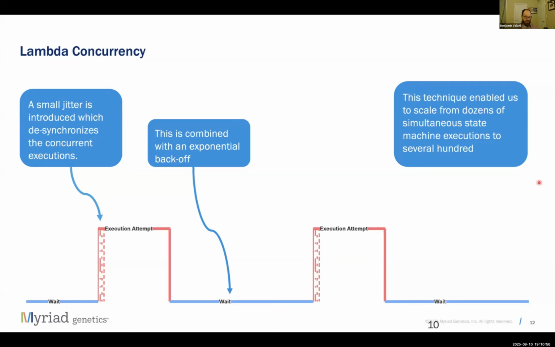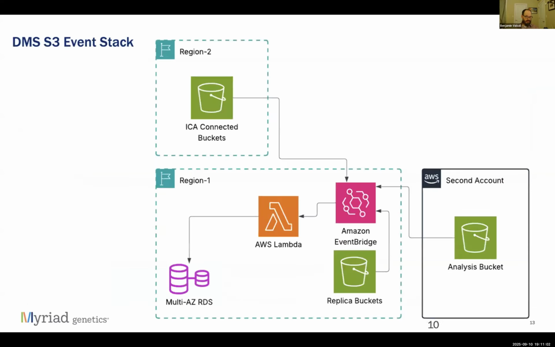Probably up to the account concurrency limit. Speaking of which, that is the next thing I'm going to talk about. So the next concurrency issue was exactly that. Too many events overloaded the Lambda concurrency limit of an AWS account. Every AWS account has a certain number of concurrent executions that are allowed.